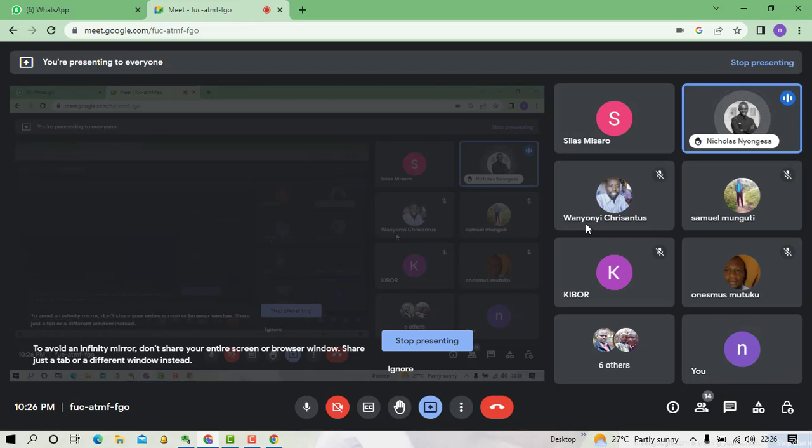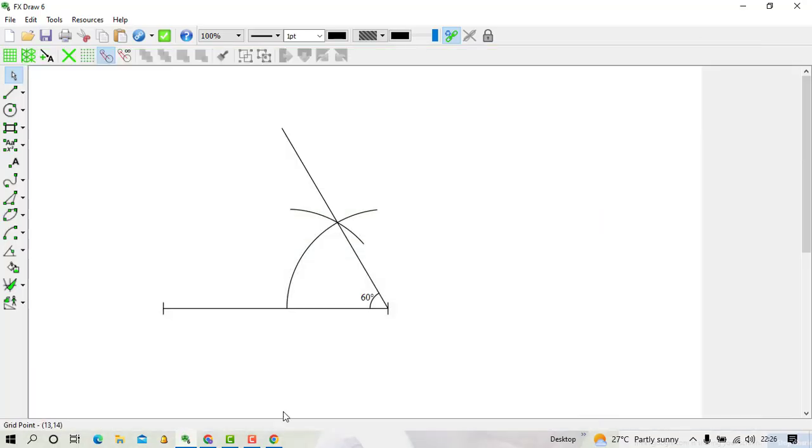I have got lost somewhere on how to mark that angle there. Okay, I see there is a mark twice. Okay, good. Let me minimize and then go back. You have drawn this line, but we want to mark an angle, isn't it? There is an icon here for mark an angle. Click on the drop down. When you click on the drop down, we have arc, not that one. Mark an angle. It is here. We have mark angle,